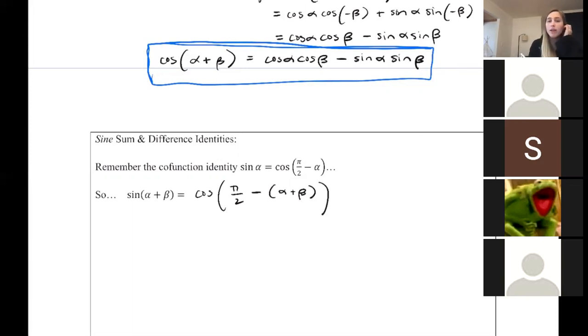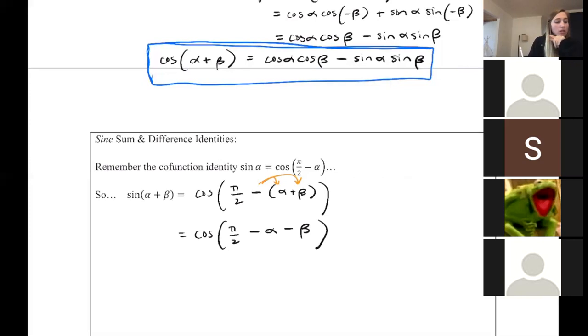That's just applying the cofunction identity. And if we thought about distributing that negative, we would have cosine of pi over 2 minus alpha minus beta,